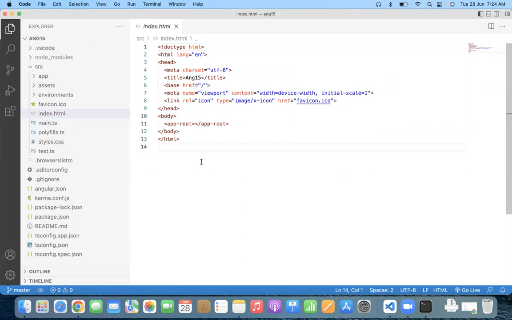If you see the reality, these files are not there. Whatever I just said, that the main.ts file will be loaded along with the index.html file, I repeat, main.ts file will be loaded along with the index.html file. But in fact, that is not included over here. Am I correct? That is not included over here. Then how can you say that it will be loaded? Don't worry. See,